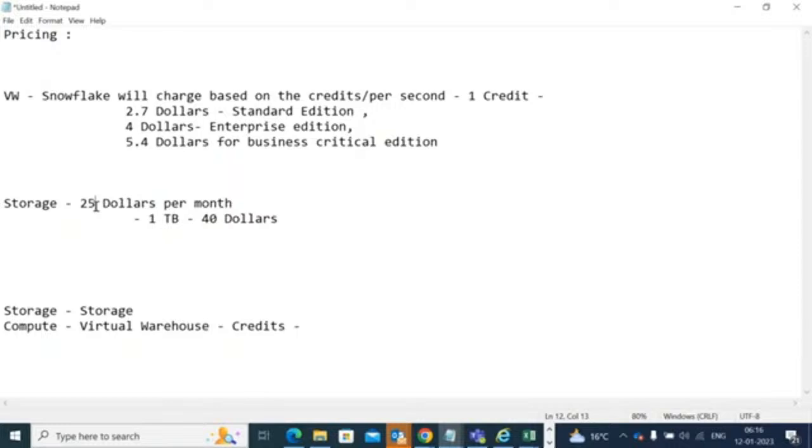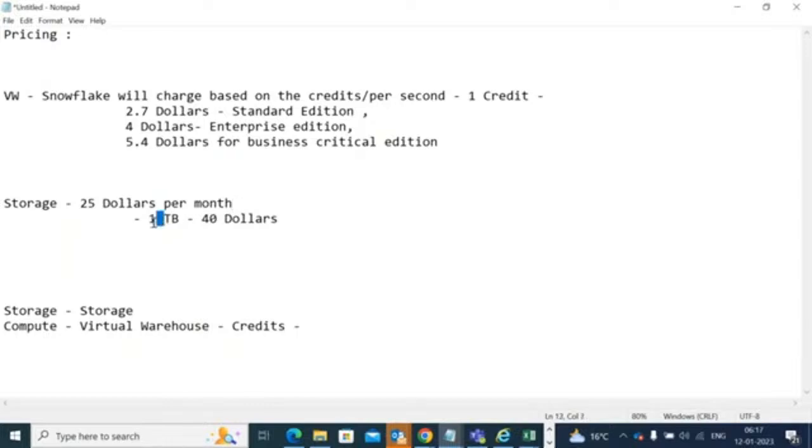Already you have taken the subscription, but you are not using it. In such a case, you need to pay $25 per month if you are not using anything, but you have taken a subscription. And if you have taken the subscription and you have started to use your Snowflake,